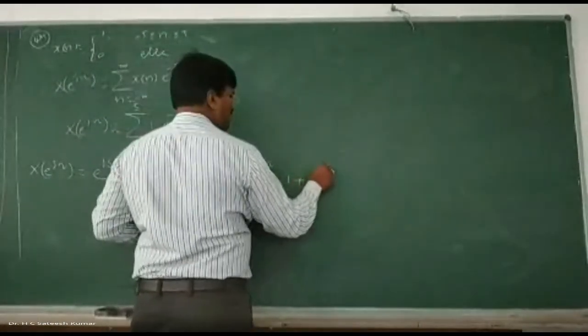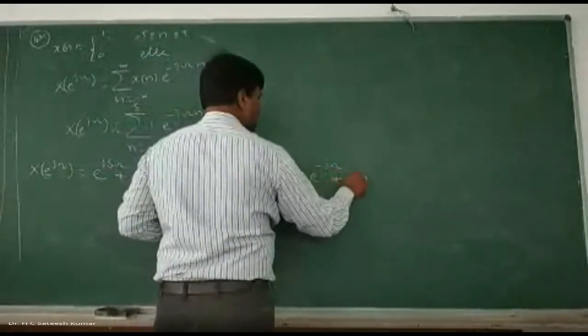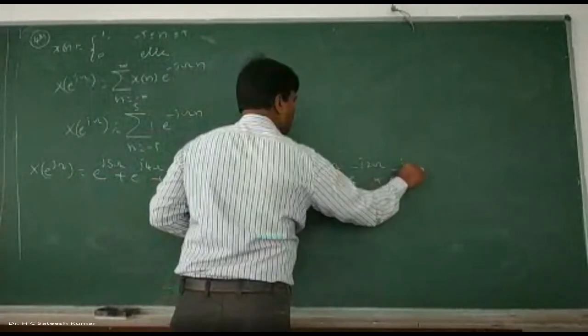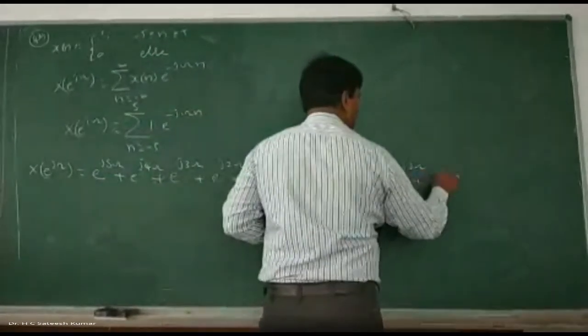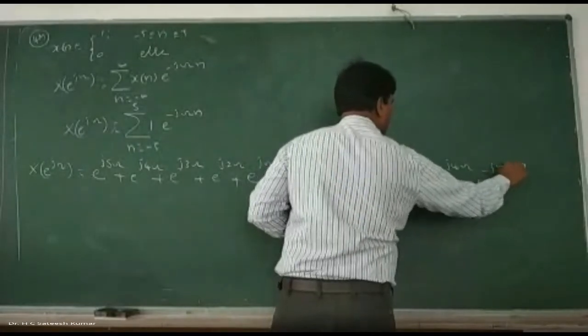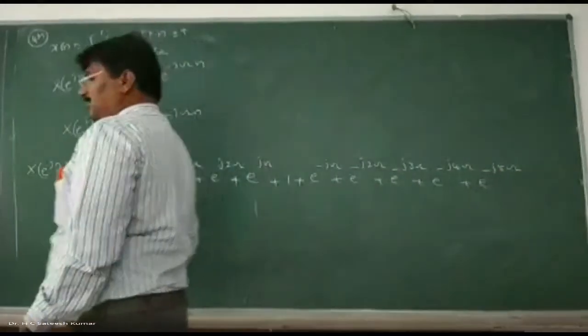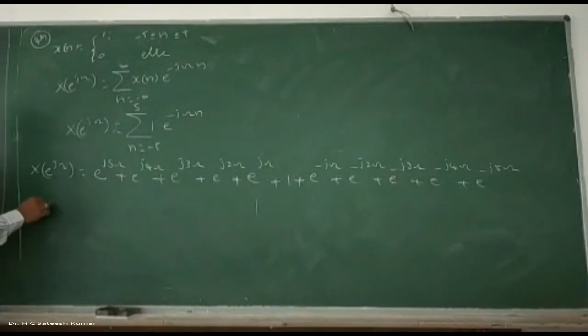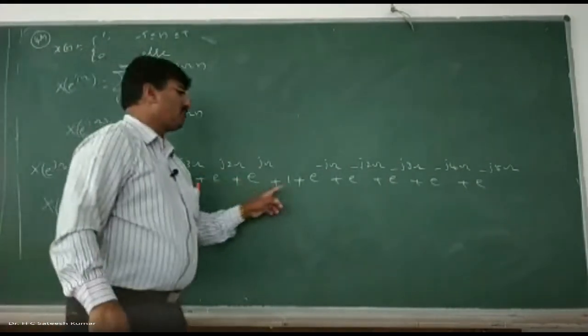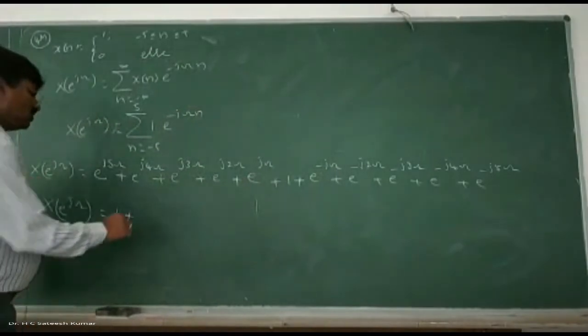plus e to the power of minus j omega, plus e to the power of minus j2 omega, plus e to the power of minus j3 omega, plus e to the power of minus j4 omega, plus e to the power of minus j5 omega. So that is your X of e to the power of j omega. Now simplify this. Treat the 1 as a constant. e to the power of j omega plus e to the power of minus j omega is 2 cos omega,